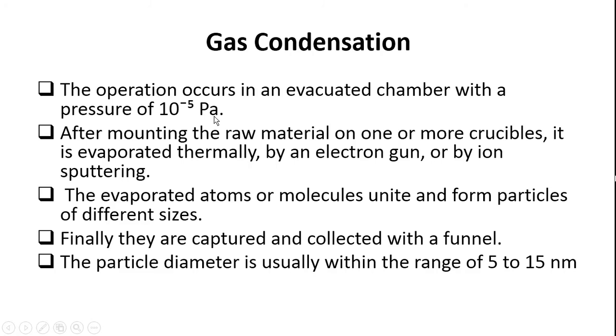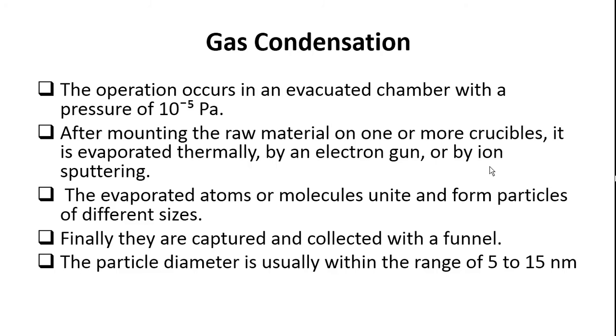That means the evacuated chamber will be filled with a gas at a very small pressure, of the order of 10 raised to minus 5 Pascal. After mounting the raw material on one or more crucibles, it is evaporated thermally by an electron gun or by ion sputtering. Usually, you use the raw material of which the nanoparticles are to be produced,